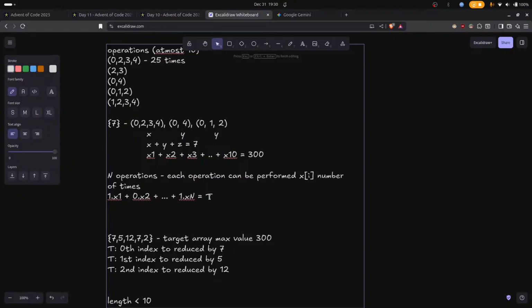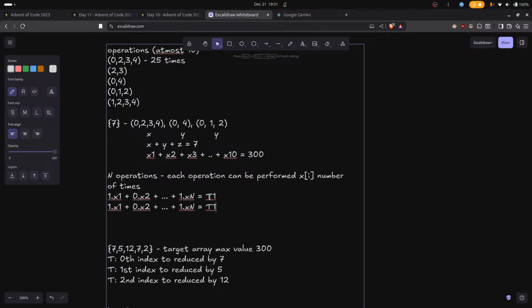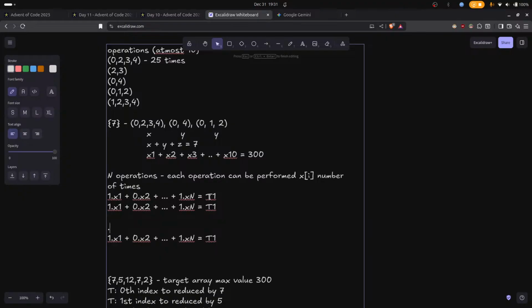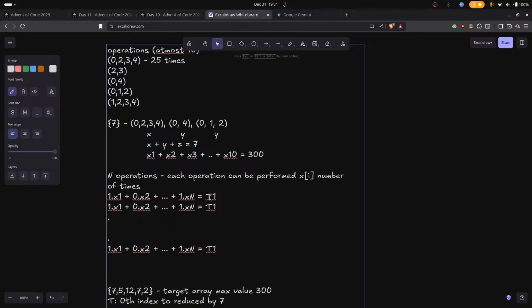So this should be t0, or let's say for one-based indexing, this is t1. The same thing will continue for all other variables. So this binary number 0 or 1 is the only variable here. It's something like this,